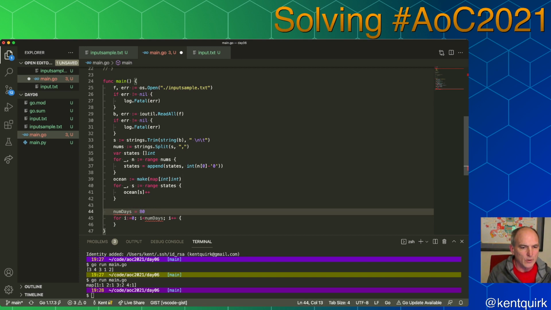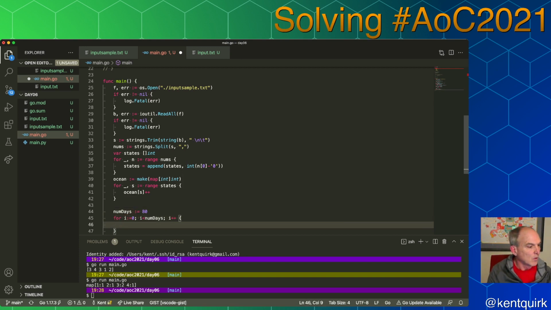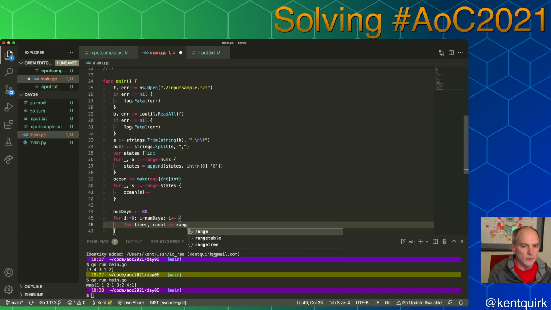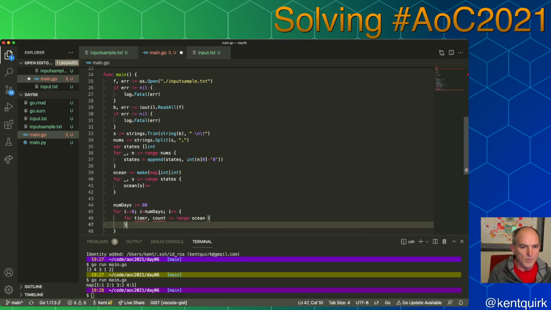Forgot my colons. If... now we're going to do another loop for timer, count is range ocean. If timer is 0,